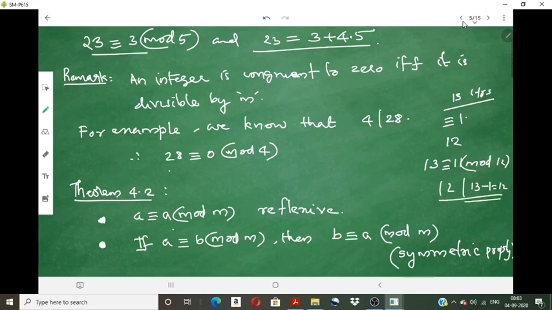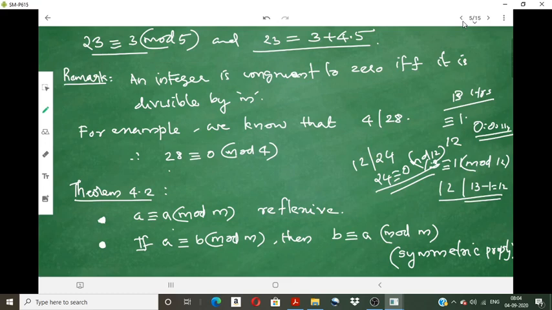12 divides 12. And if the time is 24, we know 12 divides 24. So we can say that 24 is congruent to 0 modulo 12. So we are considering 12 am. Sorry, 24 is 12 am, which means we are considering the time as 0 hours, isn't it? So we are using this congruence business in our day-to-day life. Also, when we talk about the weekdays in a week, we are using modulo 7.